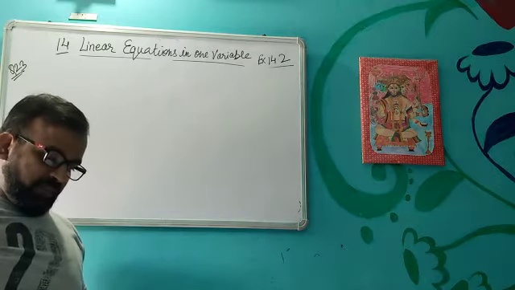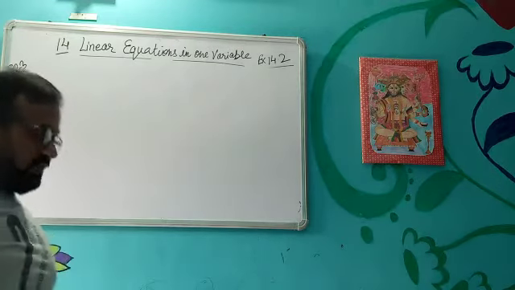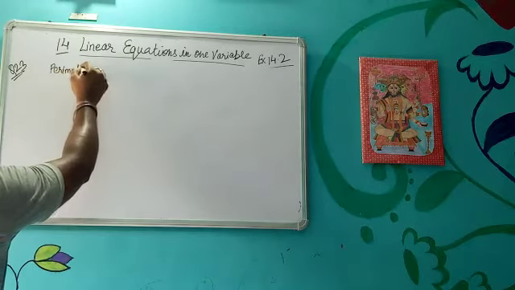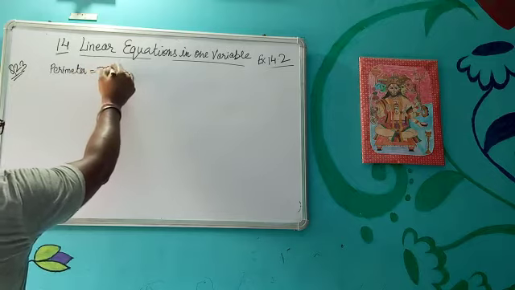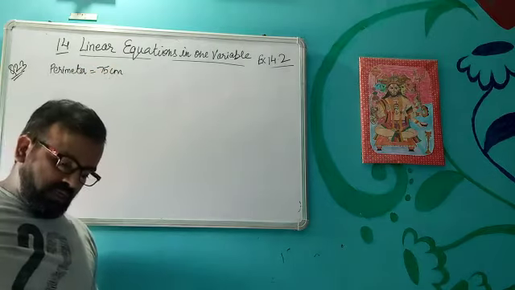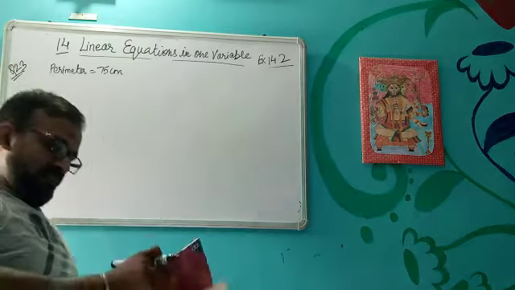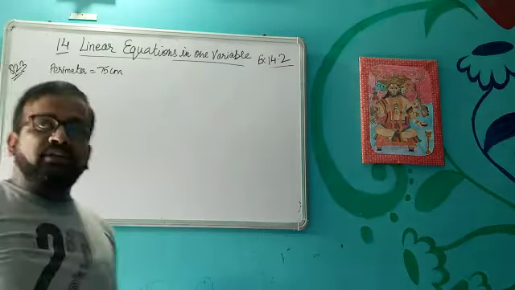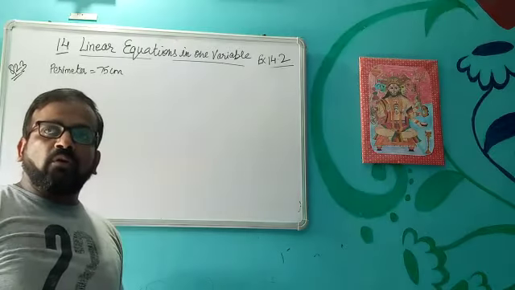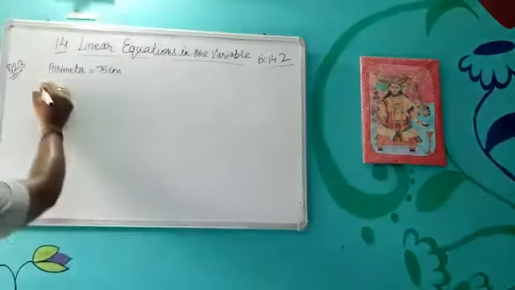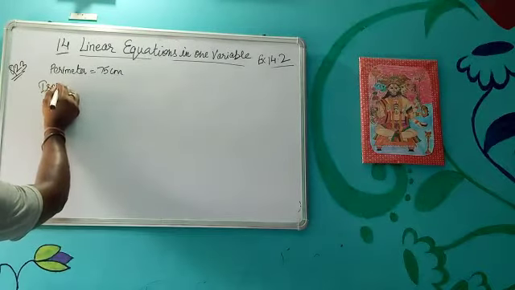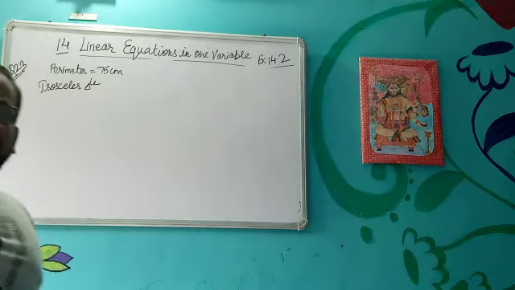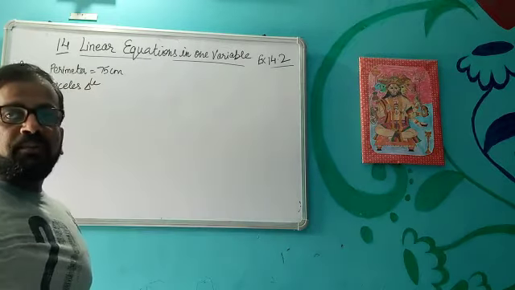It is given that perimeter of an isosceles triangle is 75 centimeter. The base is 15 centimeter longer than one of the equal sides. So we all know the perimeter of the triangle is actually equal to sum of all its sides. And since it is an isosceles triangle, there is one pair of equal sides.